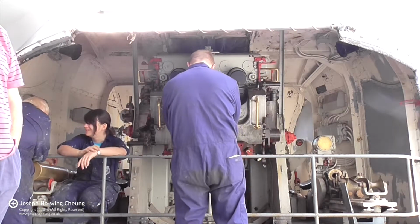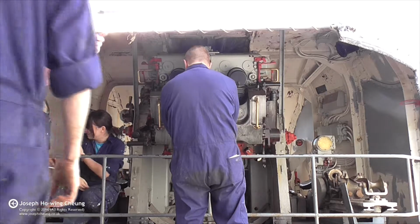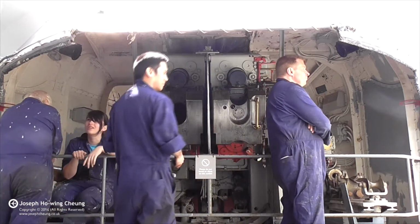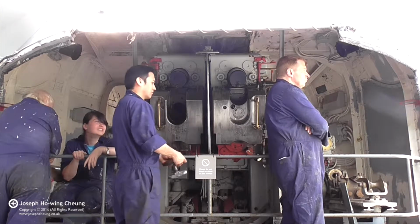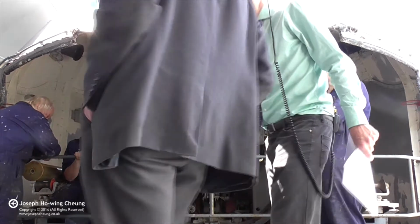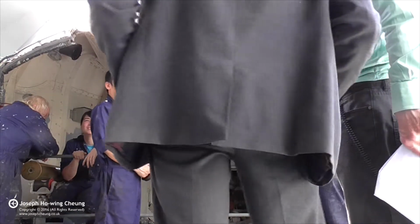And Fred was telling us about the guns as they were. You can show me the guns as they are now. Where are we walking? Right, we're walking down the boat deck now. There's two 4-inch gun mounts, twin 4-inch gun mounts here. And they're manned by a team of volunteers. So we've restored these guns over the last few years to the point where we can actually simulate firings using